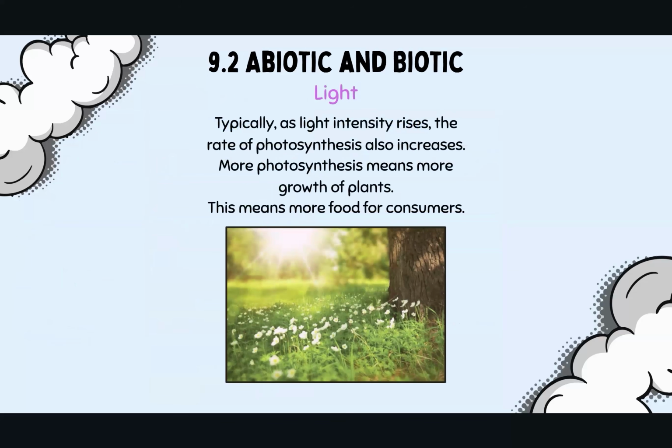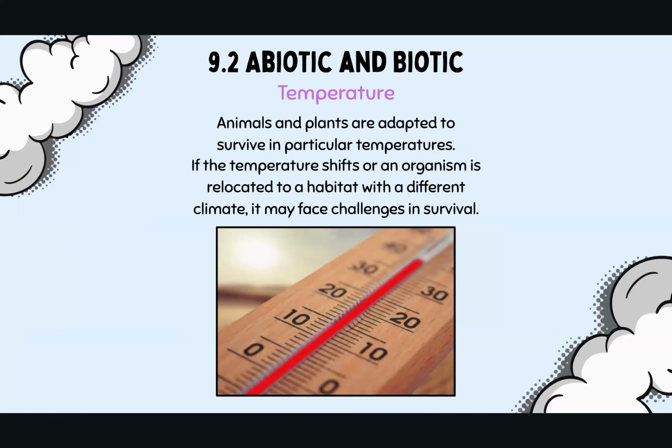Now, light typically, so this is what I've already just explained, as light intensity increases, the rate of photosynthesis increases. That means more photosynthesis, plants grow bigger, so that means there's more food for consumers. What I explained was the opposite way around. Now, temperature. Animals or plants are adapted to survive in particular temperatures. So if the temperature shifts or an organism is relocated to a habitat with a different climate, it may face challenges in survival. So at the moment, because of global warming,